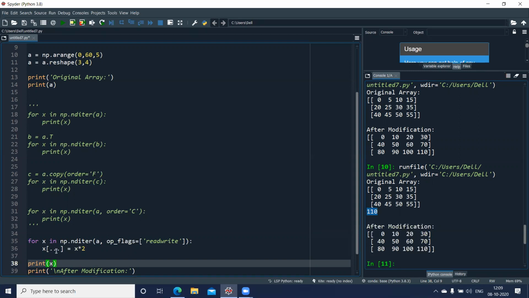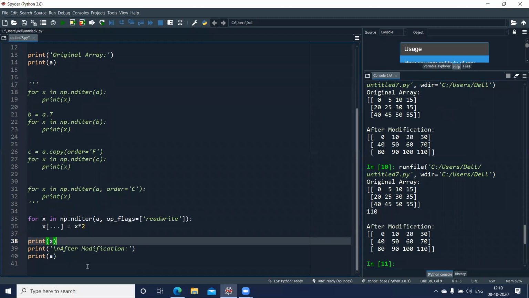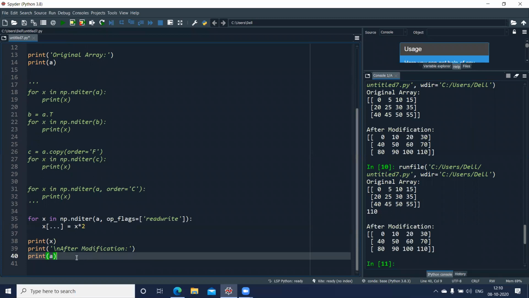Now because of this square bracket and these 3 dots, or the ellipsis, what's happening? It is storing the number back in the array after reading it and writing back the new value into it. Clear? Any doubts here? Fine, we'll go ahead. Now this is one example of how we can modify the array, especially using your nditer.